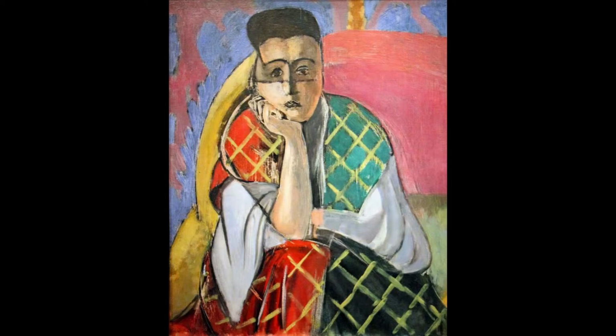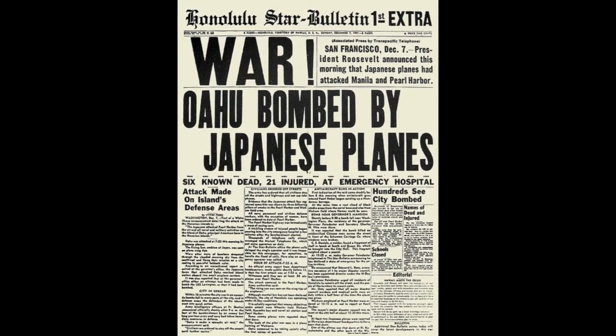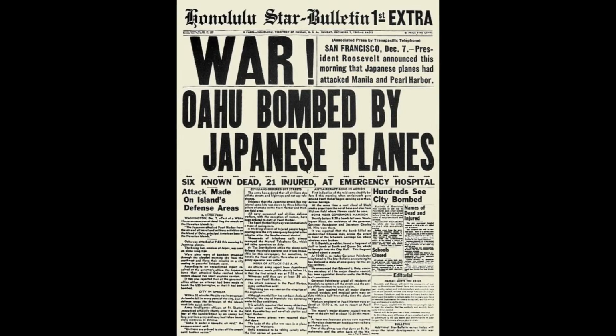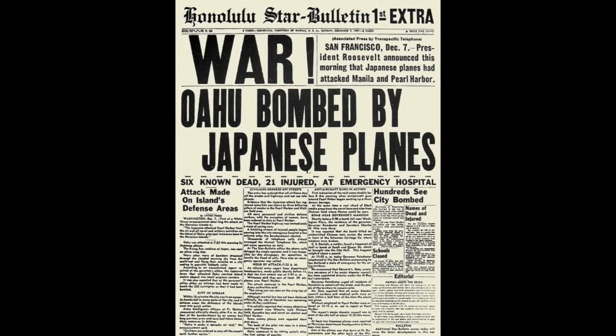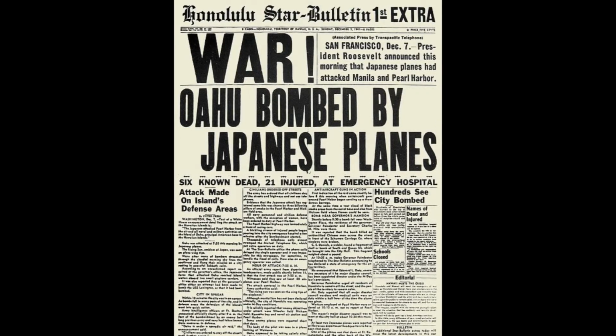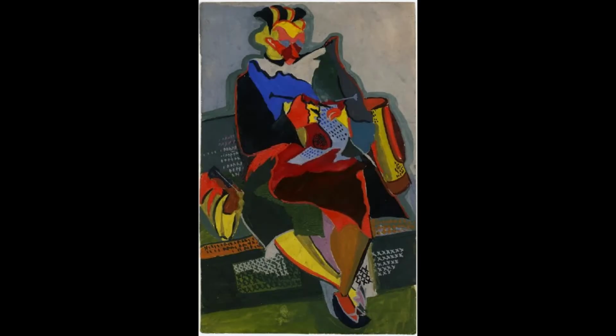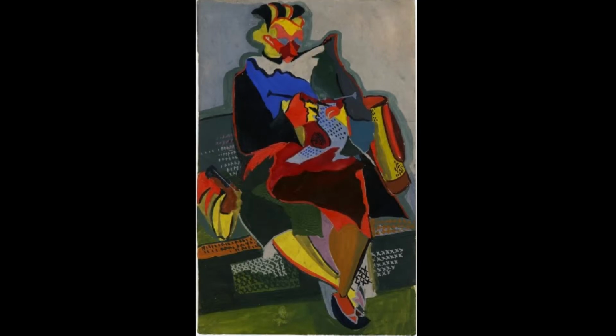Hofmann and Matisse were not the only influences on this work, though, as, like all artwork, it came into being in a specific moment in history, and as such was affected by the state of the world at the time. This watercolor is notable for its historical context. Being dated to 1942, it naturally comes after December 7th, 1941. Therefore, after the United States' entry into the Second World War. Along with this must be considered how public attitudes and lifestyles changed during the war years. Though the United States was better off than others, there were still sacrifices to be made on the home front.